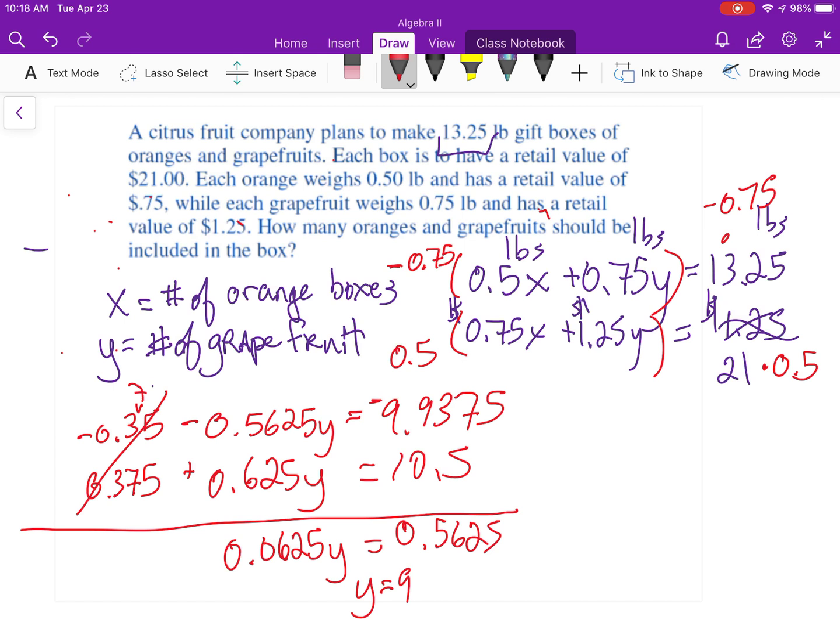So what that tells me is that there are 9 grapefruit. To get x, I'll take 0.75x plus 1.25 times 9 equals 21. So as I'm multiplying these through, make sure that your